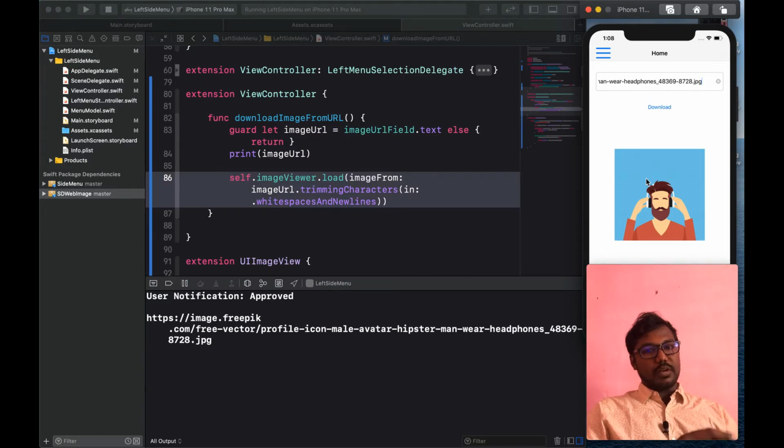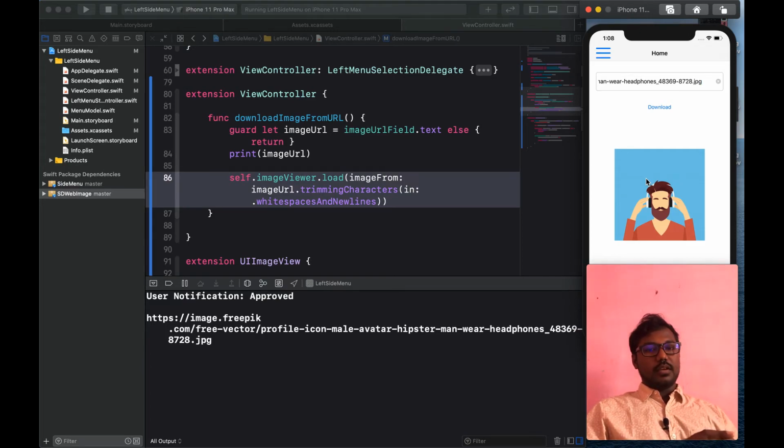The image is automatically downloaded from the server and saved on our local disk. Whenever we need the same URL to preview the image, we can get the local disk image and map it to our image view.